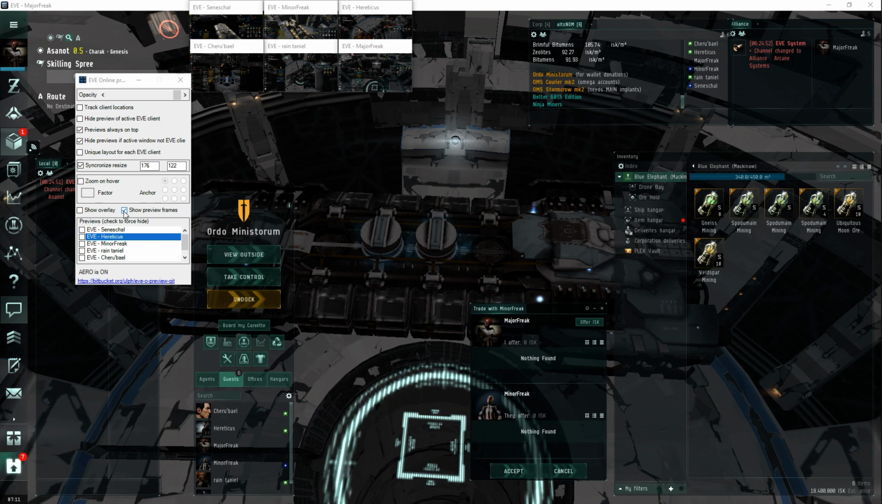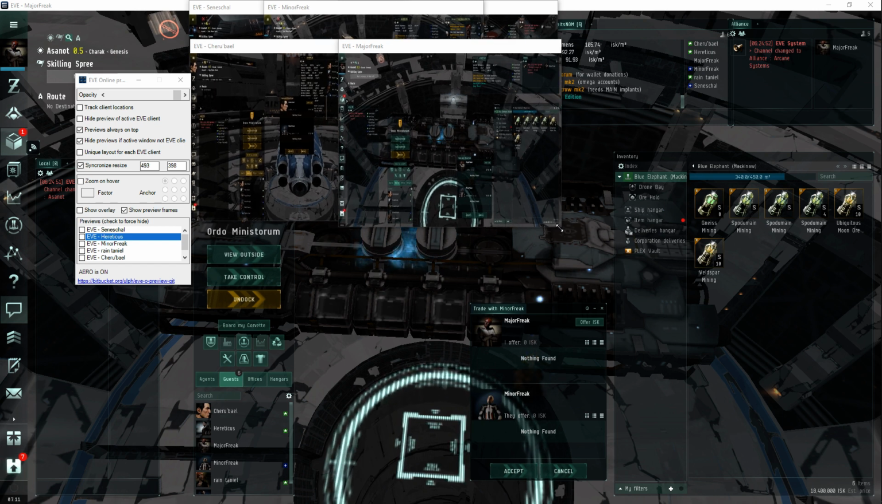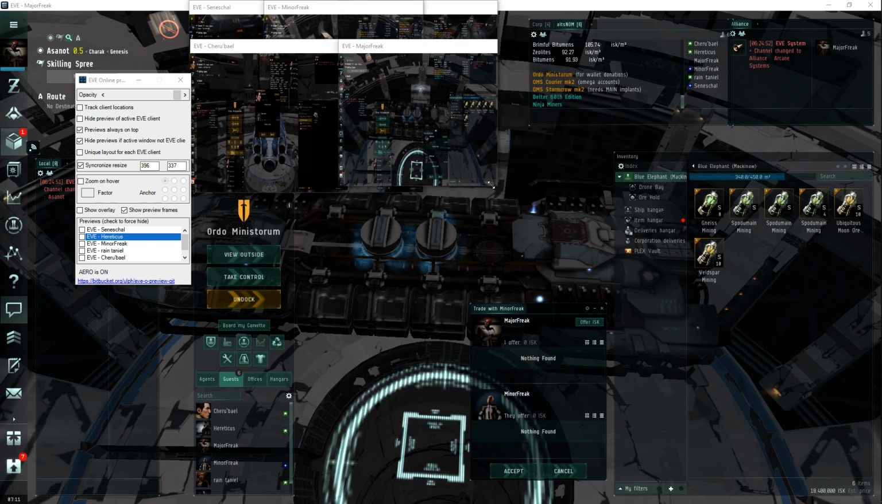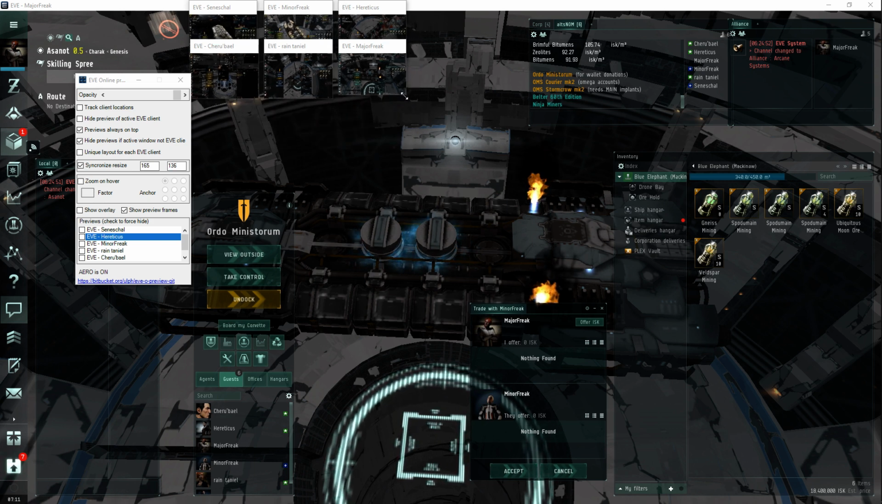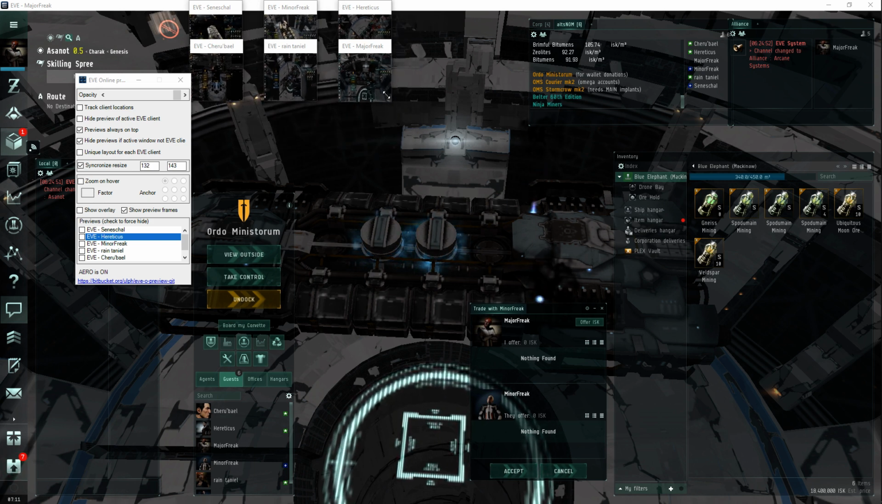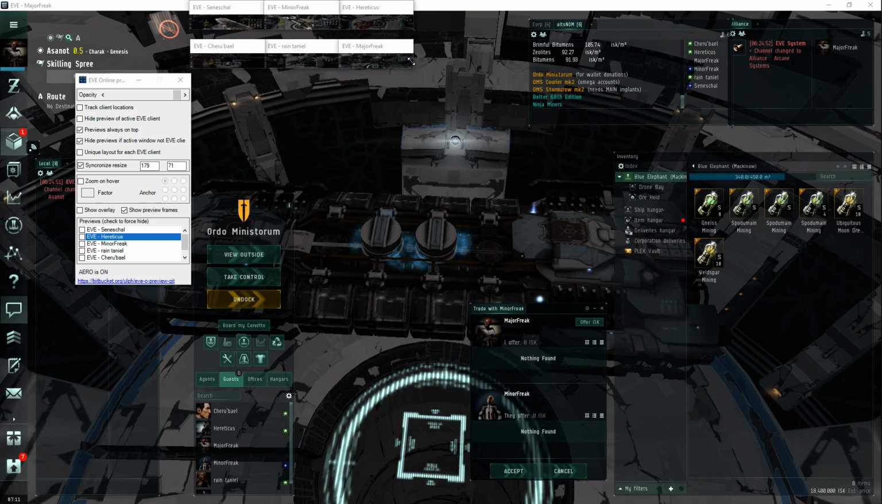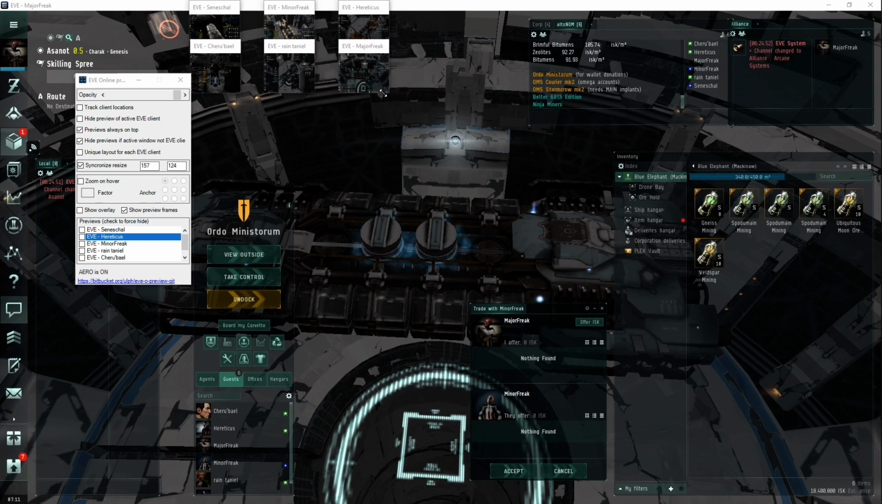The preview frames are for when you need to drag and resize. The synchronized resize is perfect. It helps you stay sane. When organizing these things, it's a bit tricky trying to get them to sync up and match, but if you